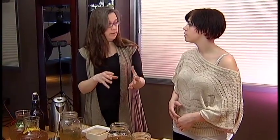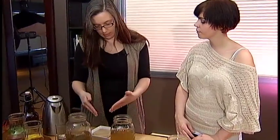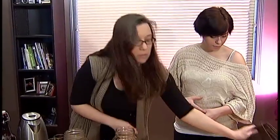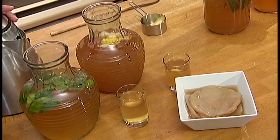We can't add our SCOBY in until it's cooled down. So then once it's cool, we're ready to go and add the SCOBY, and that's it. We've added our SCOBY in, and we're going to just cover it up. You set it aside in a warm place for usually about 7 to 10 days, and then you can strain